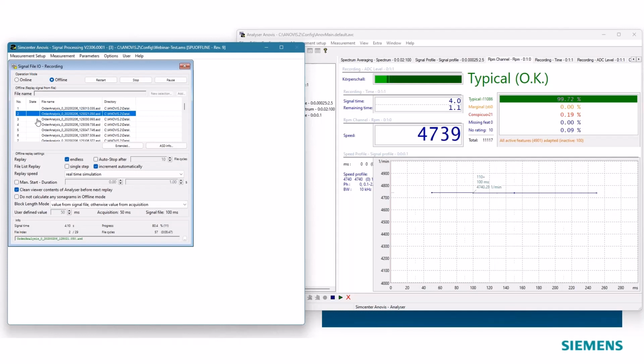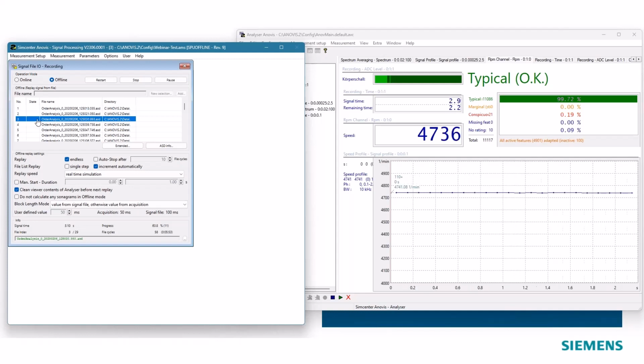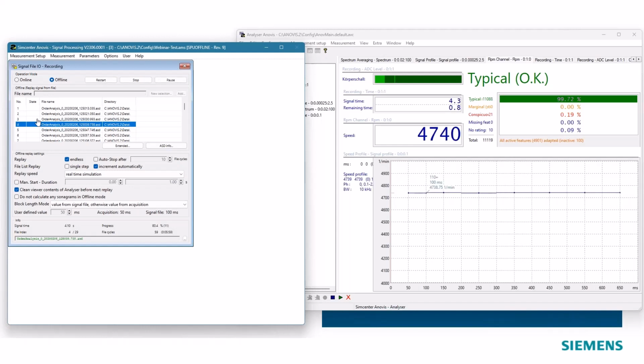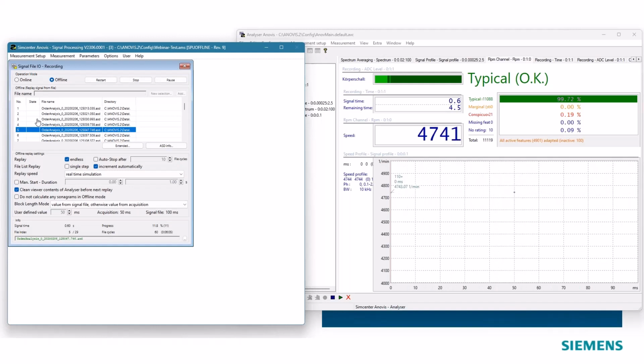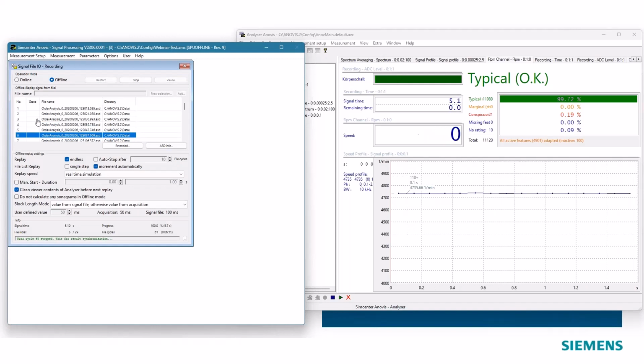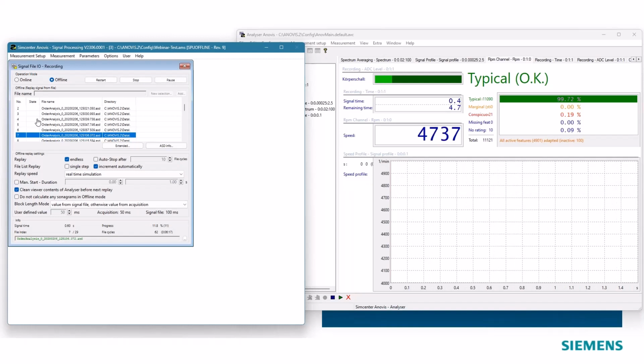We record the data, then we give back the test bench. In the commissioning, it's always hard to get enough test bench time. There are so many colleagues working on the test bench, doing parameterization, optimization, and so on. And if you want to block it for 2 or 3 hours, then it's sometimes difficult. So we only need some minutes to record some data files, and then we can sit at the desk and analyze them.